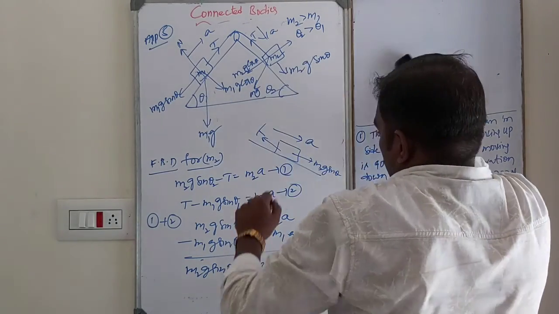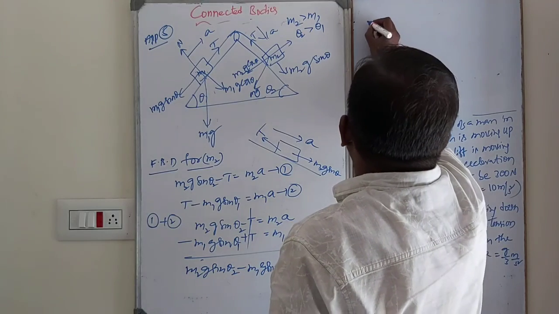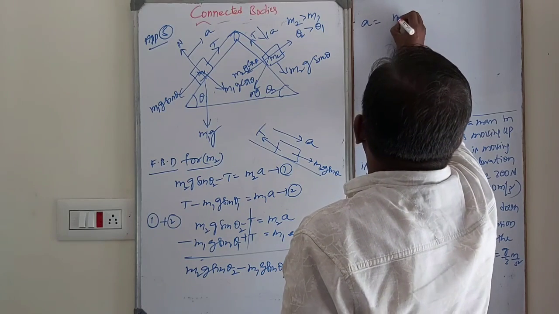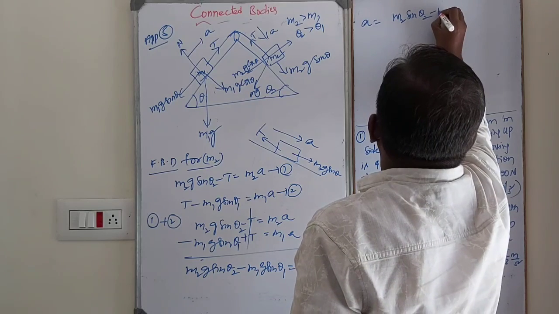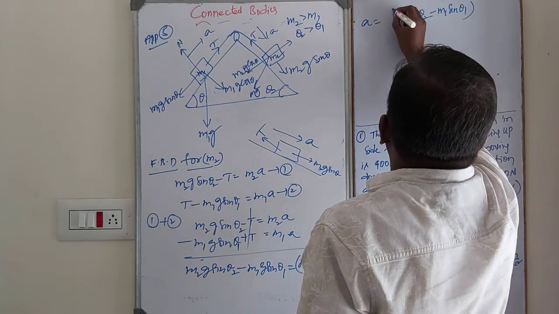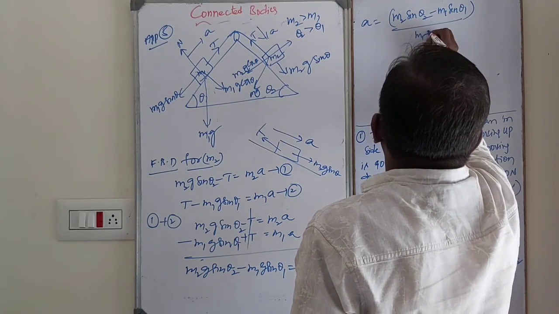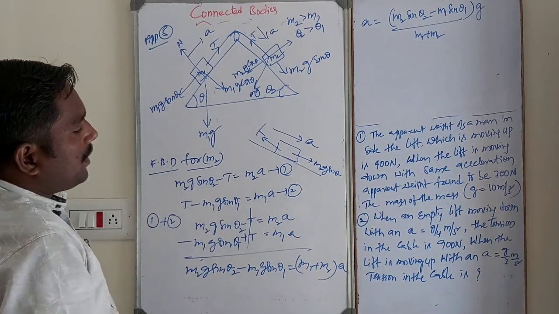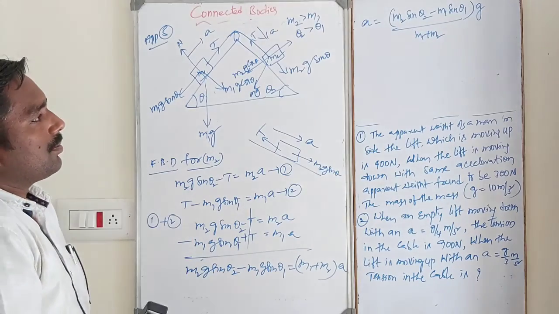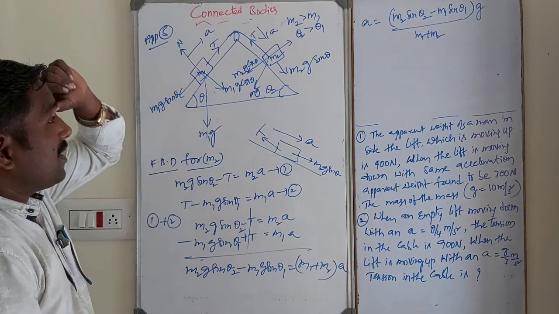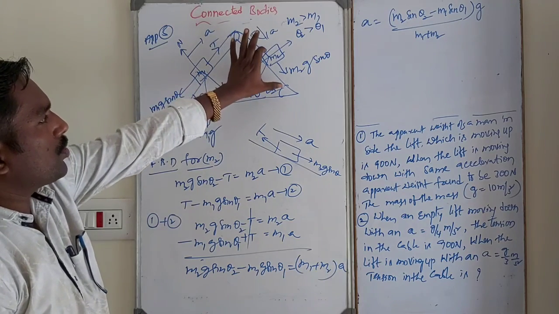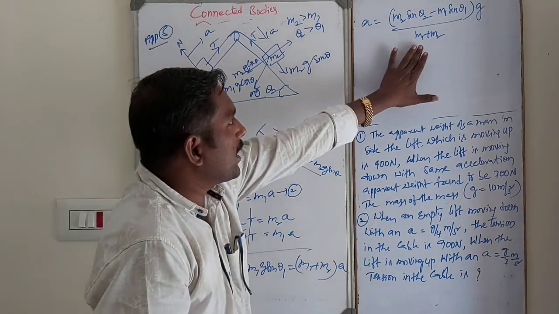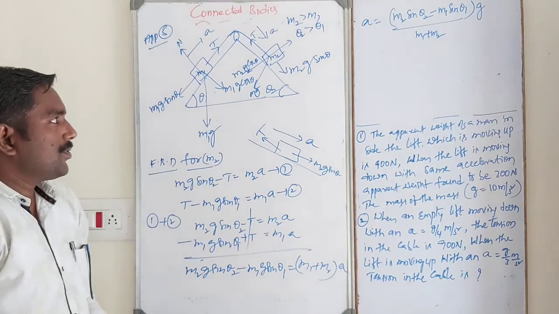Okay. So now acceleration is equal to what? g is common. m2 sin theta 2 minus m1 sin theta 1, whole divided by m1 plus m2, into g. This is the acceleration. Substituting the acceleration value in equation 1 or 2, we will get the tension also. Okay, this is the easiest. As we already discussed, from the higher force we subtract the lower force, divided by the total mass, and it comes directly. You will do all this from an examination point of view.